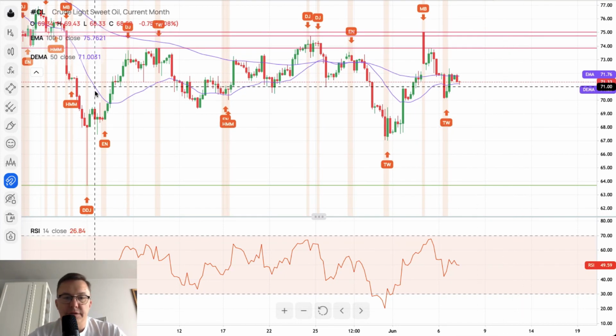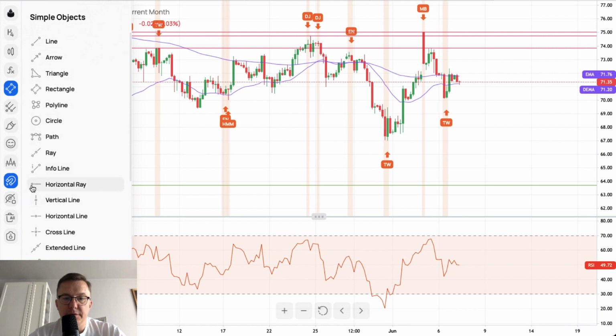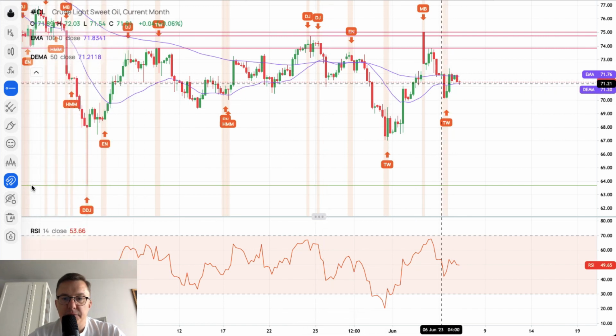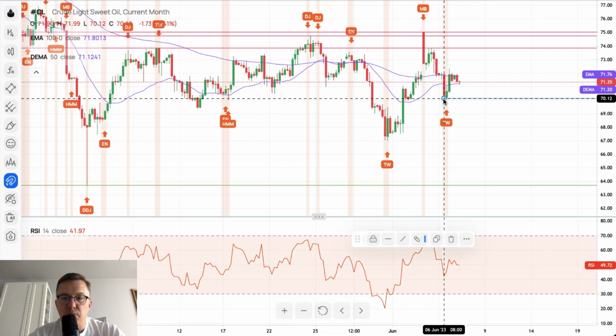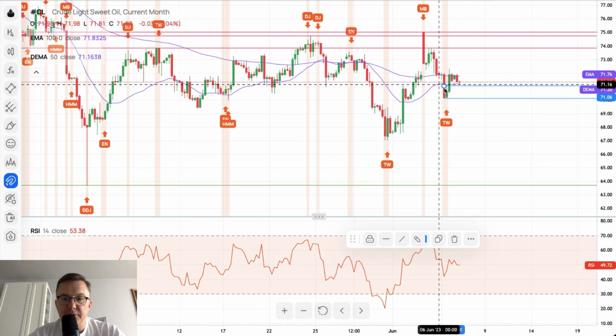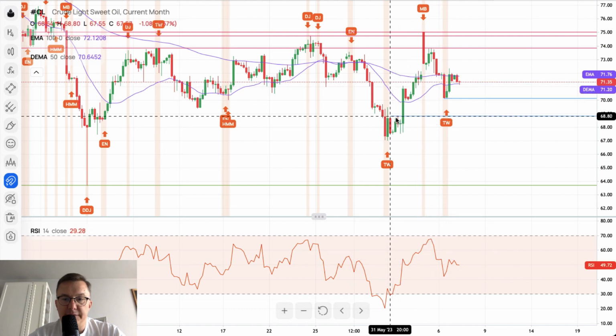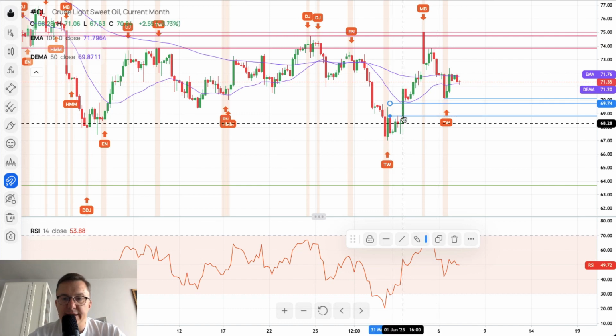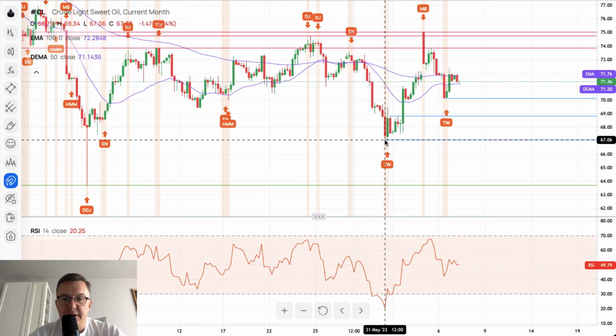So the local technical support is seen at the level of 70.12. The other technical support, a little bit lower, is located at 68.80. The key technical support, of course, in the short term is right now for this market at the level of